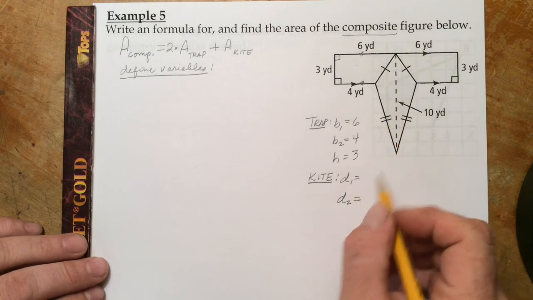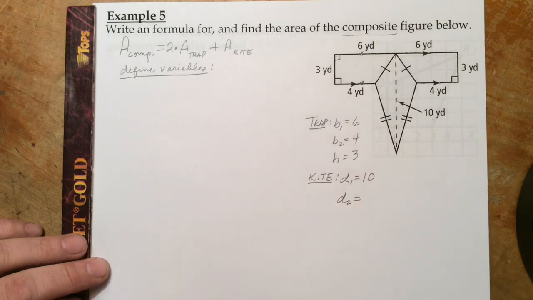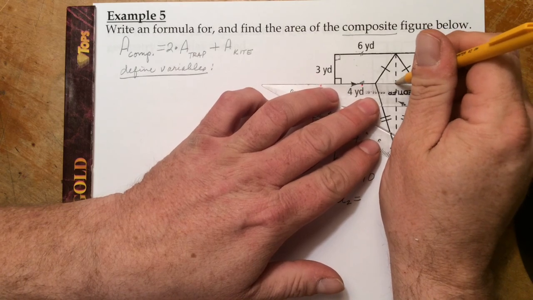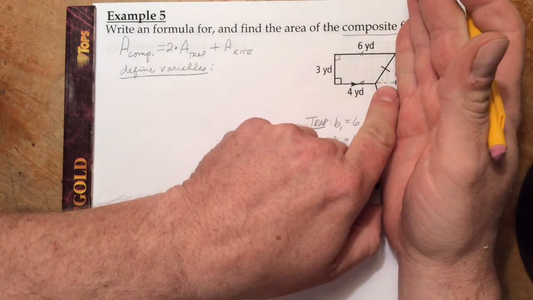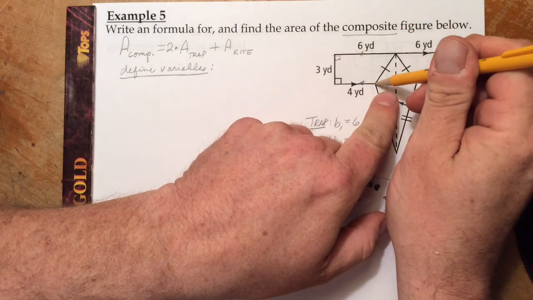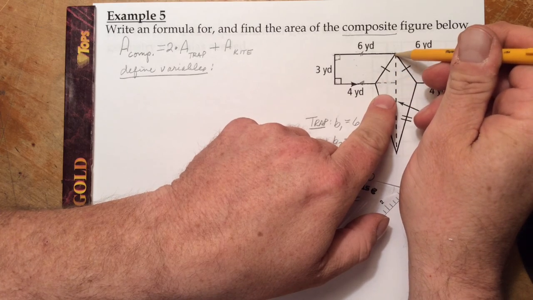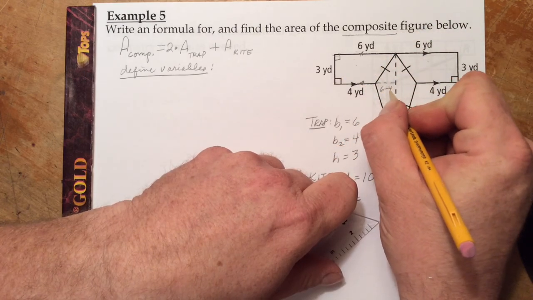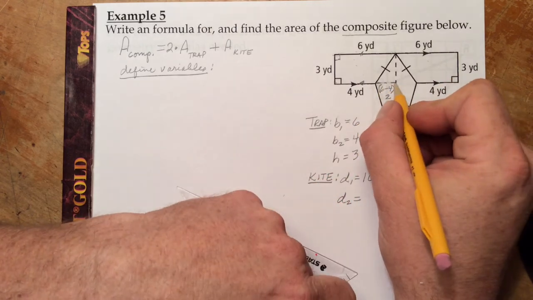Now for the kite, one of the diagonals, the one that's drawn, obviously is 10 yards. So I'm going to get that one down. The other diagonal, take a straight edge, and I'm just going to draw half of it to complete this first trapezoid up here. Take a look at from here to here and from here to here. This right here is the difference between those segment lengths. So this is 6, and if I subtract 4 from it, 6 minus 4, I'll get the length of half the diagonal. That's 2. So the whole diagonal,